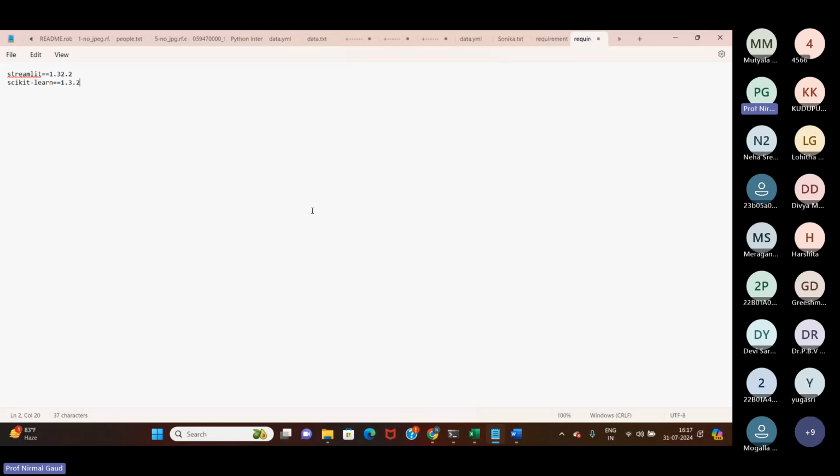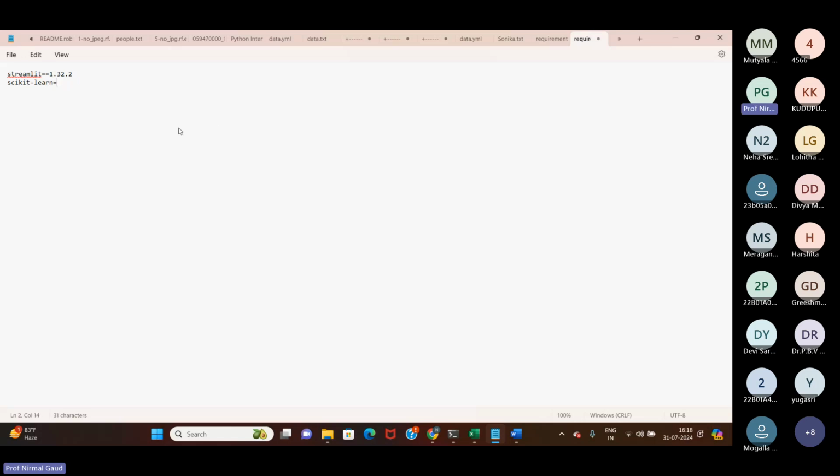Just create a Notepad file where you mention Streamlit, whatever the version at your end, and scikit-learn. This is the version present at my end. Either you can put the version, and if it gives an issue, then